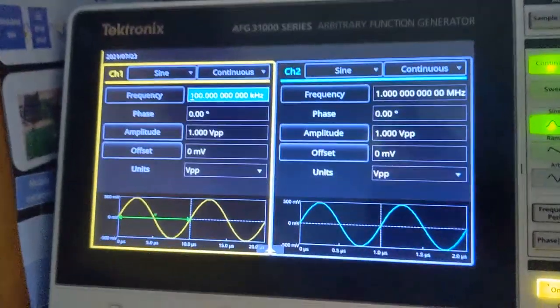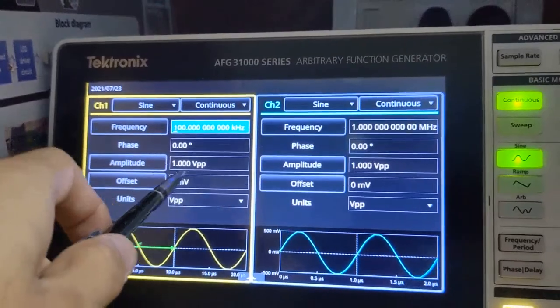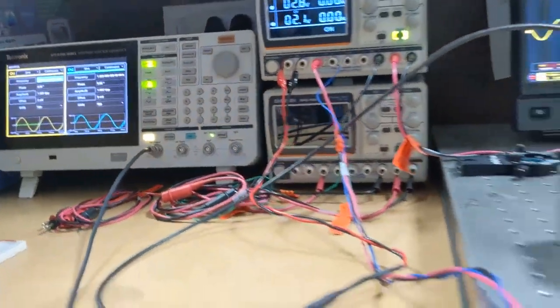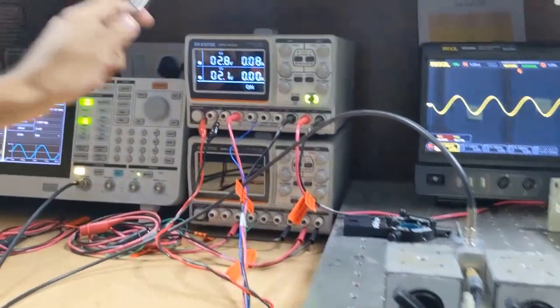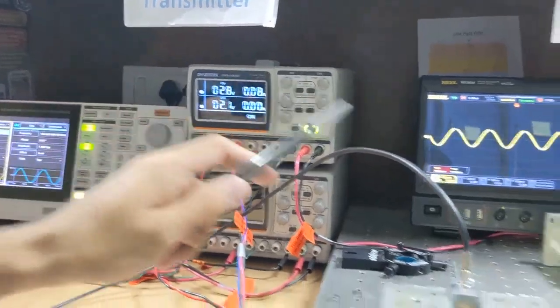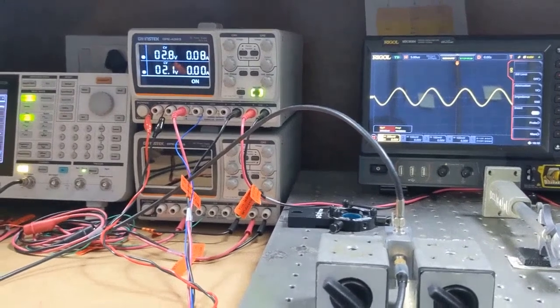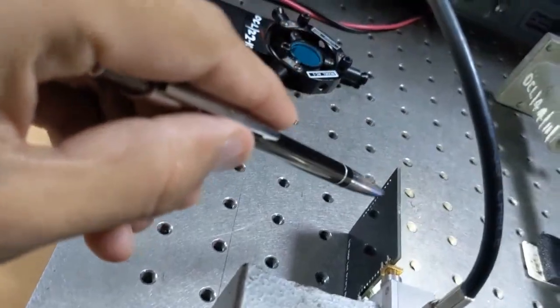As shown in the PowerPoint presentation, here I am using a function generator as a source, taking an analog signal, that is a sine signal with an amplitude of 1 volt peak to peak. This signal goes to the RF port of the bias T through the cable, and I am giving the offset from this power supply to the DC port of the bias T. The output of the bias T, that is the RF plus DC port, is given to the LED.